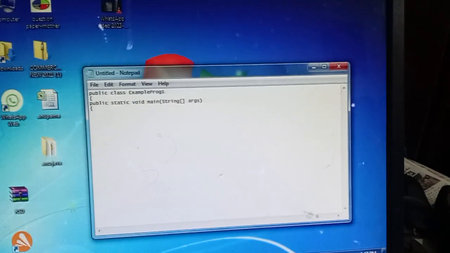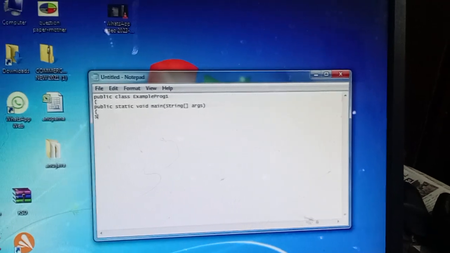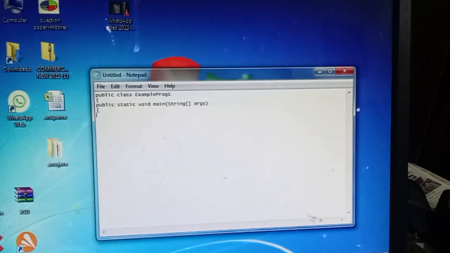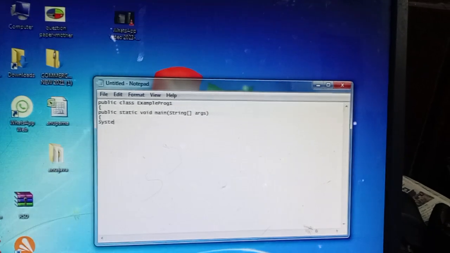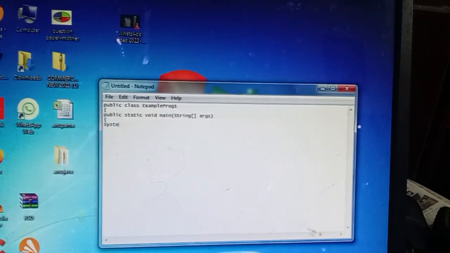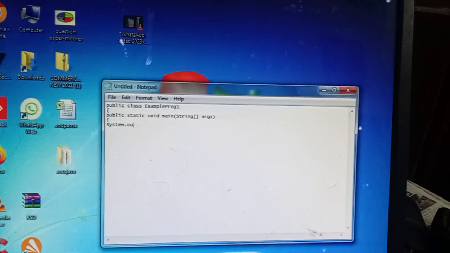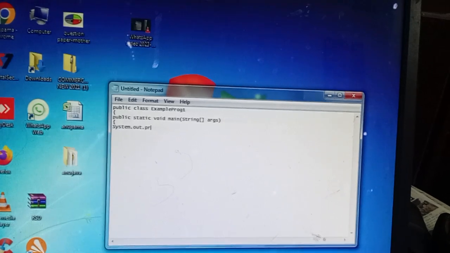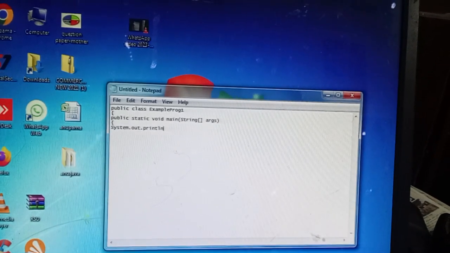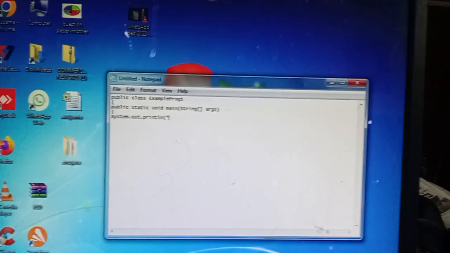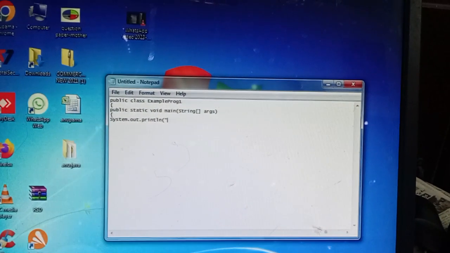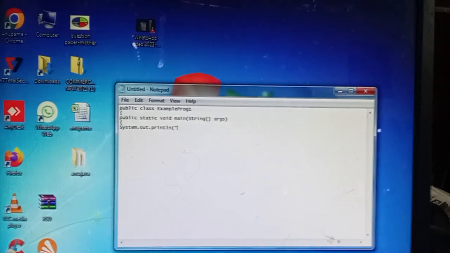In main, I am just giving the output statement. In System, S must be capital, starting S must be capital. System.out.println, quotations, and whatever the string we are writing must be embedded in between quotations, double quotes.